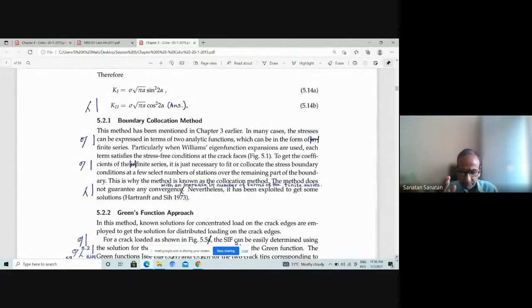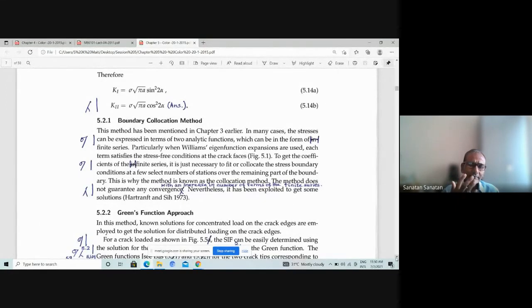So there the stress functions will involve constants corresponding to z to the power minus half, z to the power 0, z to the power plus half, and so on. And obviously to evaluate the stresses at any point within the body, you need to have these constants evaluated. So how do you do that? In those cases, the specified boundary conditions will be in terms of stresses, given in the form of normal stress on the boundary and shear stress on the boundary, 2 stresses.